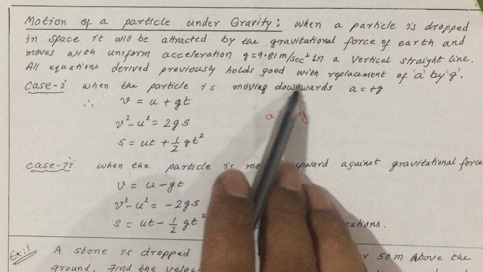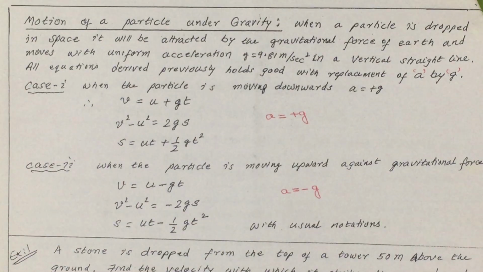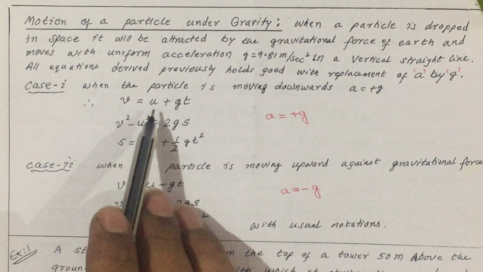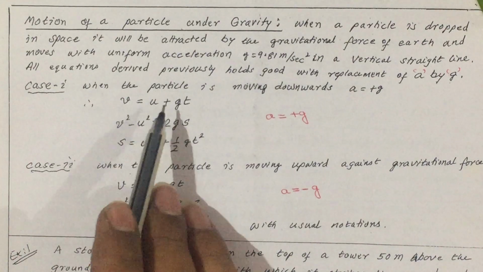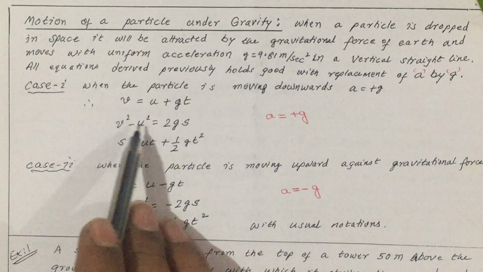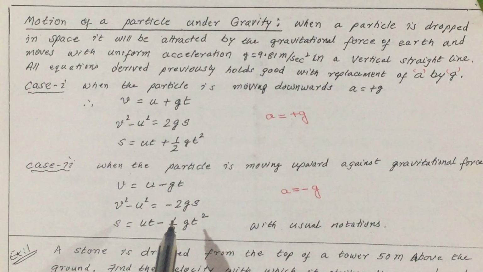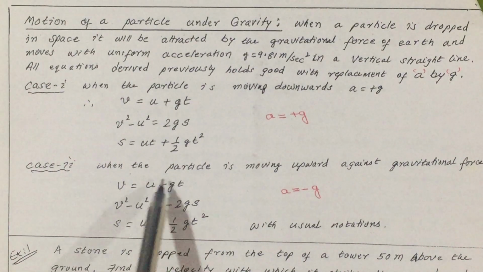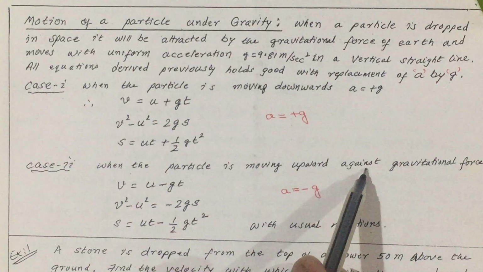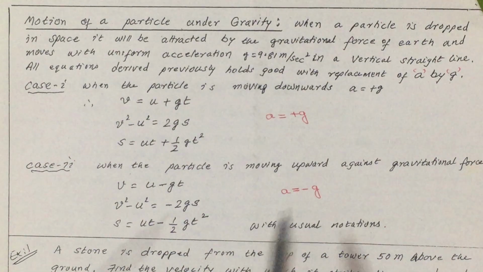Case 1, when the particle is moving downward, nothing but towards the earth, then you are going to get V is equal to U plus GT, V square minus U square is equal to 2GS, S is equal to UT plus of GT square. Case 2, when the particle is moving upward against the gravitational force,